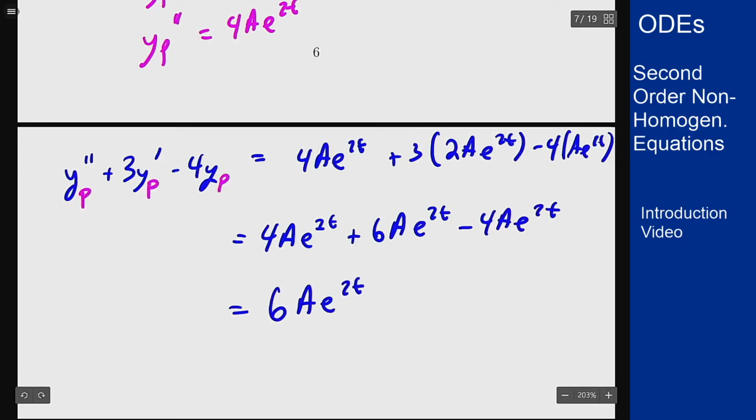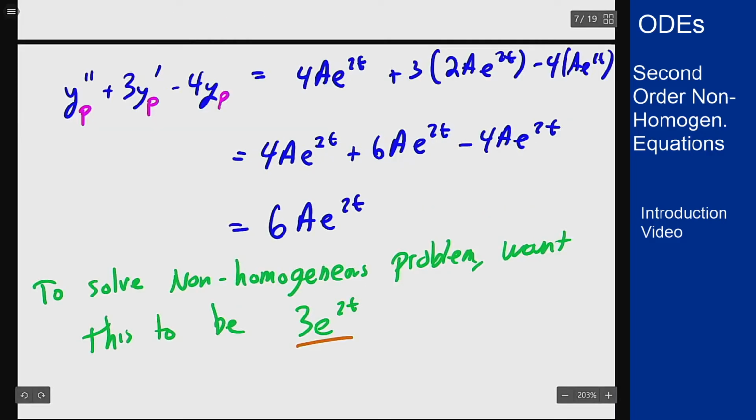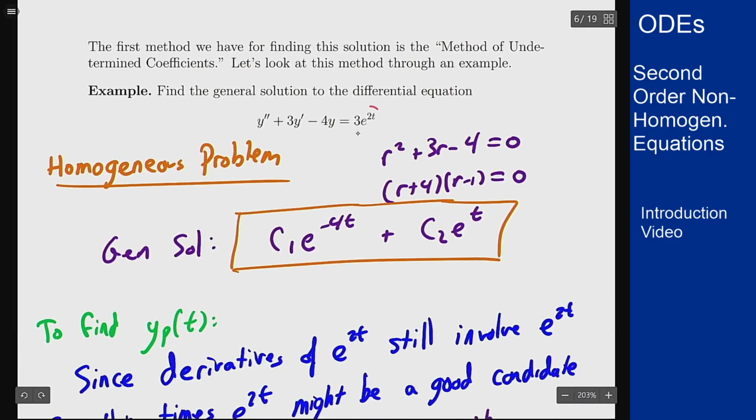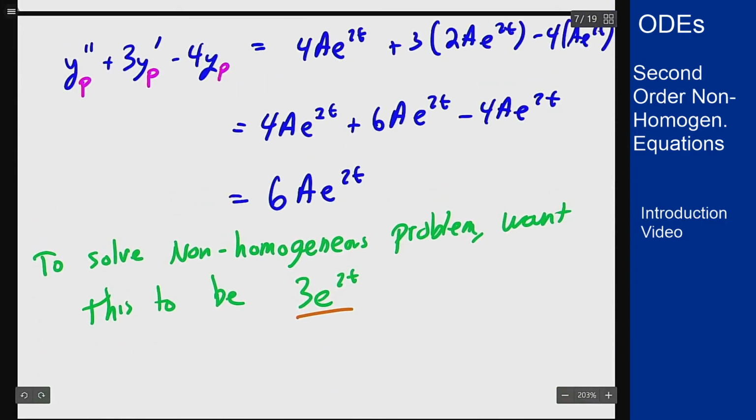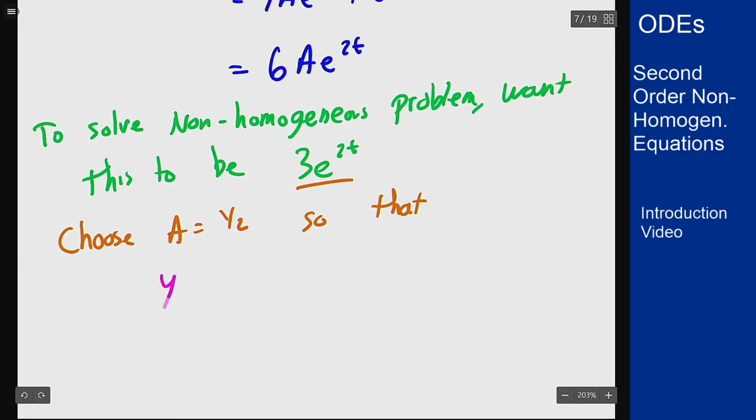Now, if I want yp to solve the non-homogeneous problem, I want this to equal 3e to the 2t, because if I scroll back up, that was the right-hand side of the equation at the very beginning. So I can make this happen by just setting a to be 1/2. So choose a to be 1/2 so that my function yp of t is 1/2 times e to the 2t. And if we plug this back in, we will see this does in fact satisfy the non-homogeneous problem,